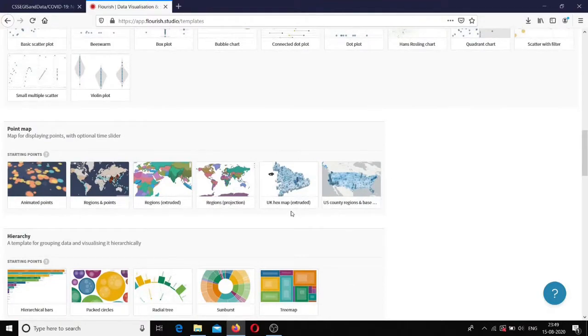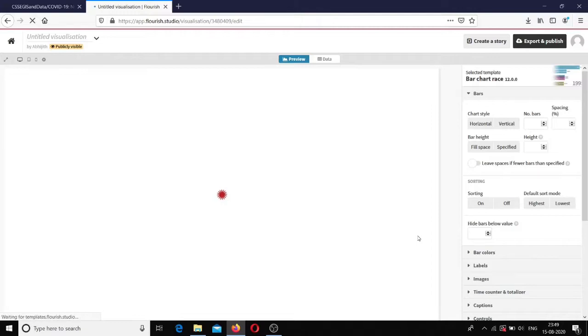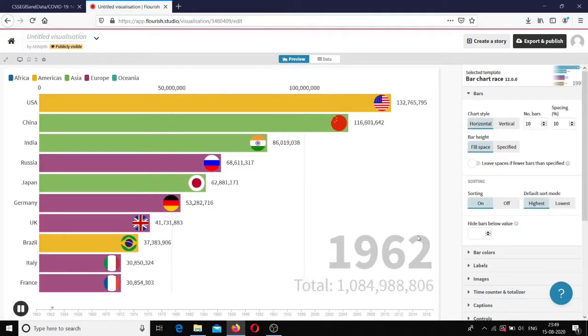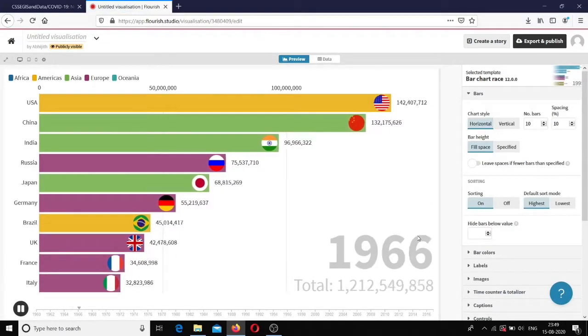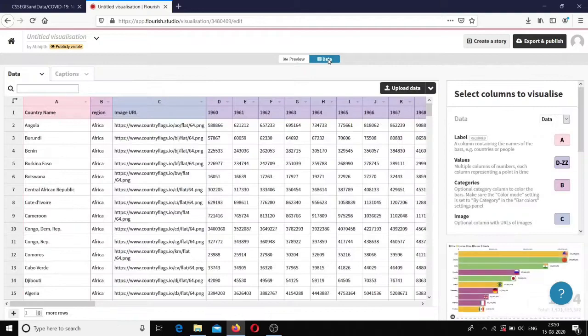So we have to go to the bar chart race and click on it. So already some dummy data is there.